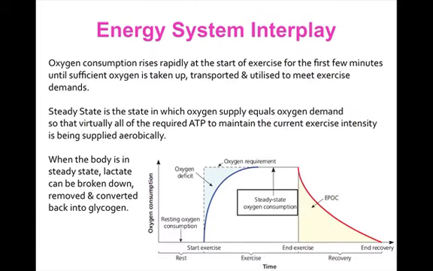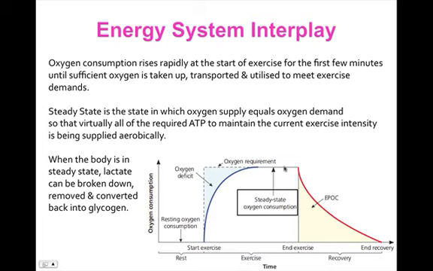ATP resynthesis. Oxygen consumption rises rapidly at the start of exercise for the first few minutes until sufficient oxygen is taken up, transported, and then utilised to meet exercise demands. Once this occurs, it's referred to as steady state, where oxygen supply equals oxygen demand, and virtually all of the ATP that's required to maintain the current exercise intensity is being supplied aerobically. So wherever we see a plateau in the graph, it's fair to say that the aerobic system is the dominant